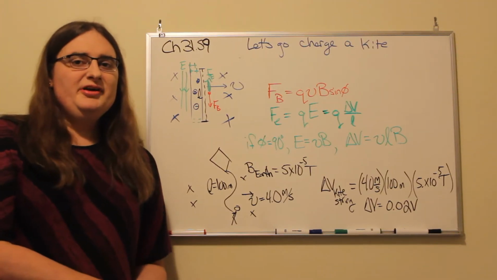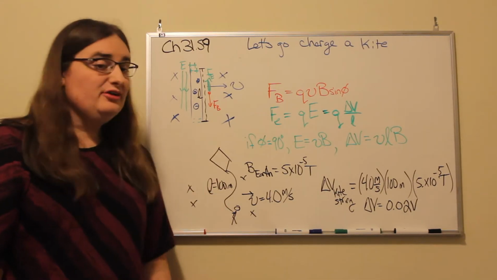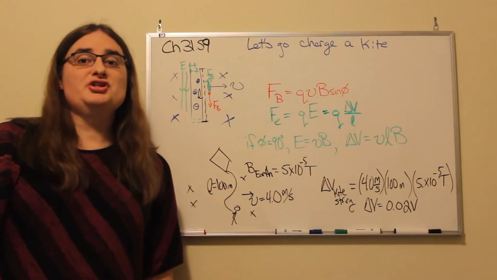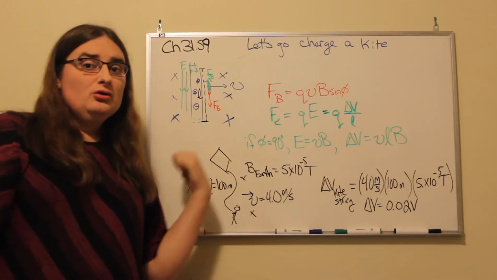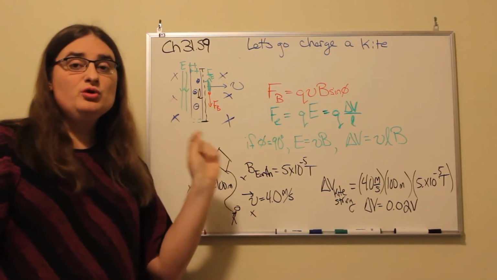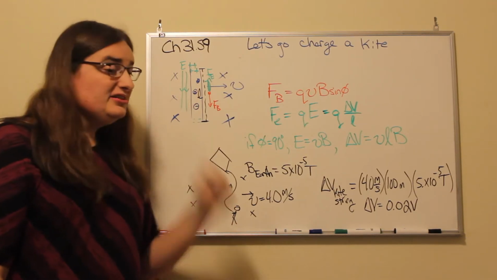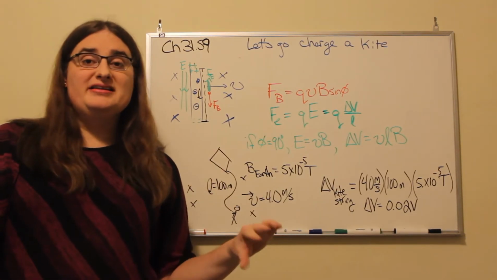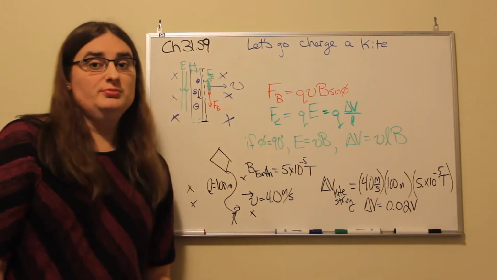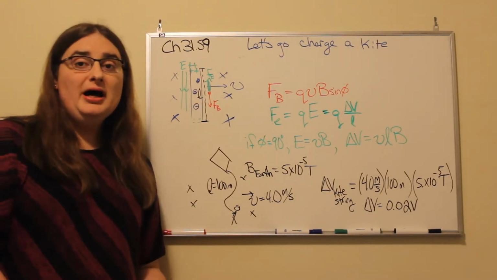Hi, in this video I want to talk about how we can create an electric field using magnetic fields and the physical motion of an object. So when I talked about the Hall example, I mentioned that if I have moving charges in a wire because of a current and I place that object in a magnetic field, there'll be a magnetic force causing the charges to want to move to one side of the wire, so eventually an electric field would build up, canceling out